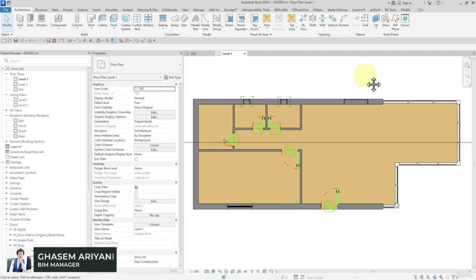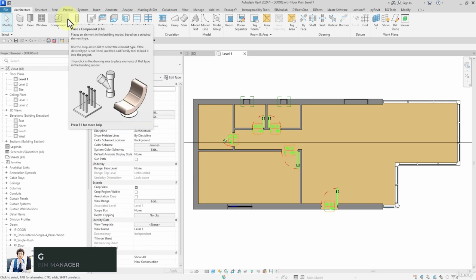Finally, we got to the component part, which is considered one of the most important subjects, which enables you to place an element in the building model based on a selected element type, or just adding whatever component or elements you want. In fact, component is a specific expression that we use based on the structure of our projects. For instance, an architect uses the components which are related to architectural things, like table, chairs,